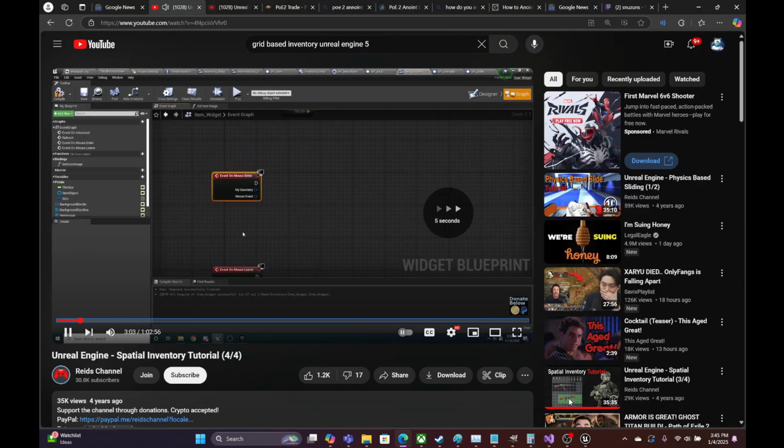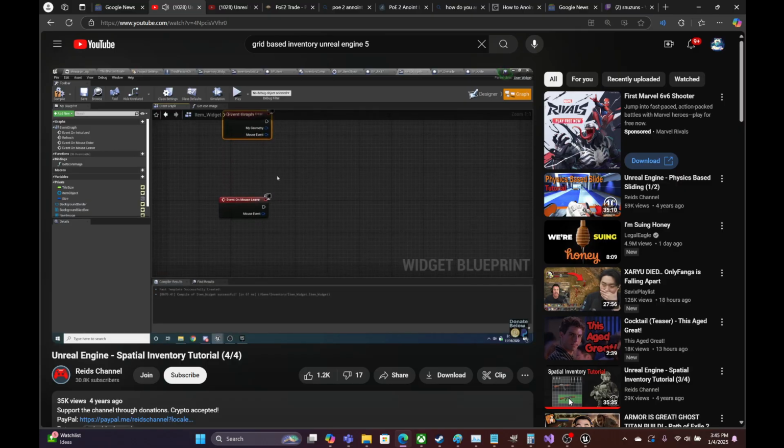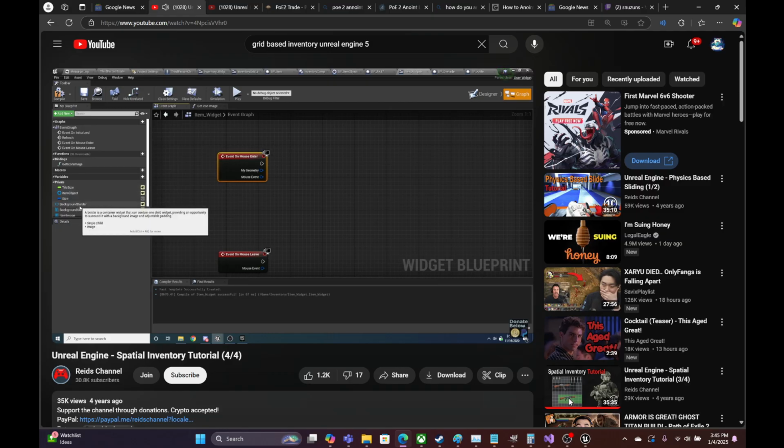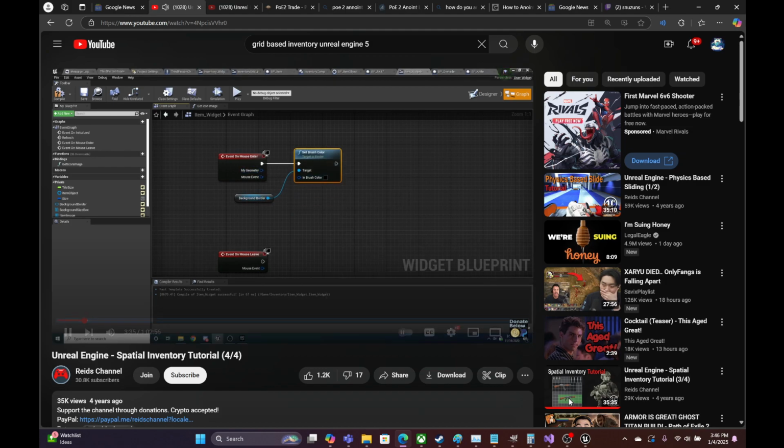No, it's called obviously when the mouse enters this section or when it leaves this section of the UI. So when it enters this section, we can safely assume that the mouse is hovering over the item. So all we want it to do is drag in the background border, and we will say set brush color. And the color we want to set it to is really up to you. Like kind of basically just want